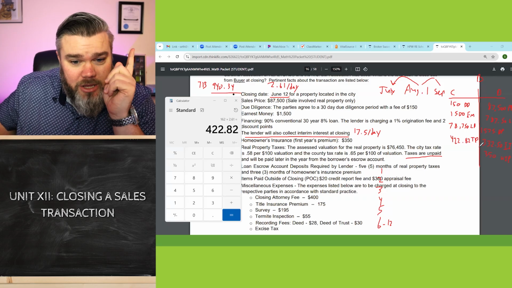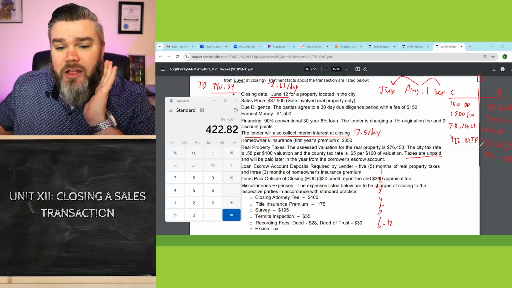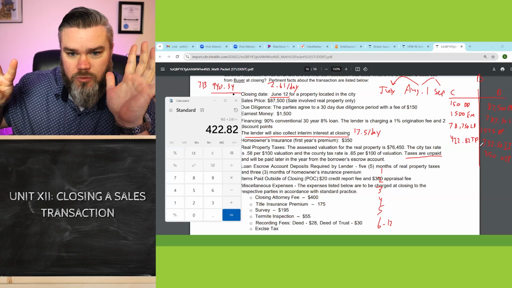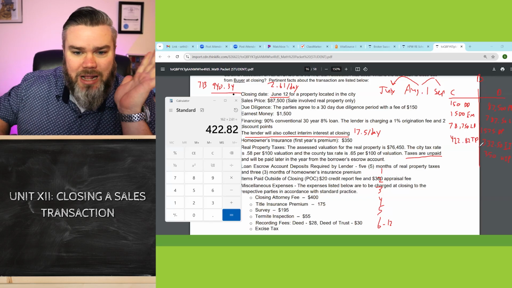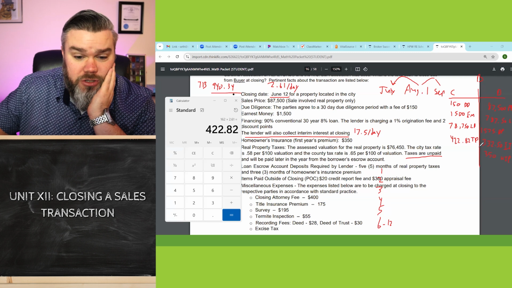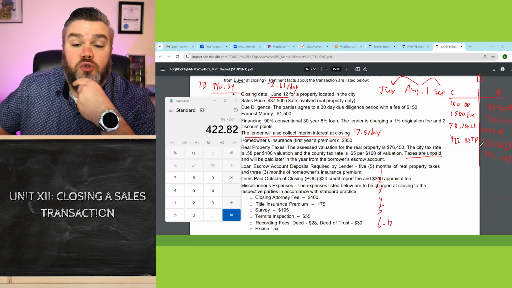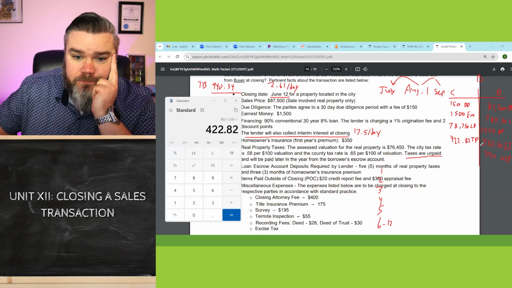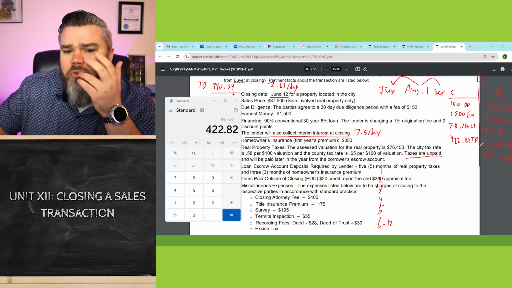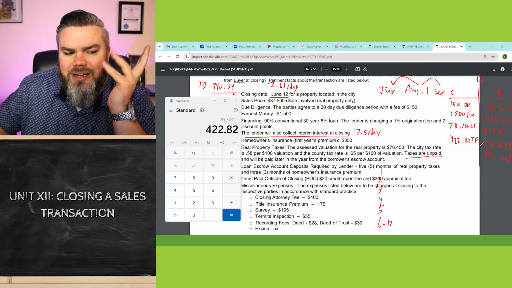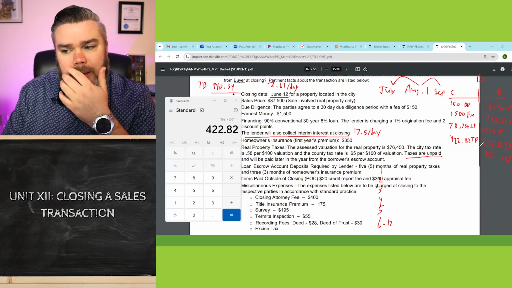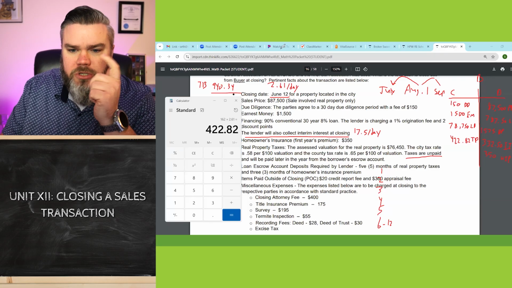Now, I will tell you before we wrap this up, yours is not this difficult. You only have about 7 different things to come up with credits and debits for. It's a whole lot less difficult for your test. I'm showing you the absolute worst it could ever look. Yours is not going to look like this. I'll give you an example of what yours is more likely to look like in a little bit, but yours is going to be so much easier. But you still have to do some math on it. So let's keep going here,